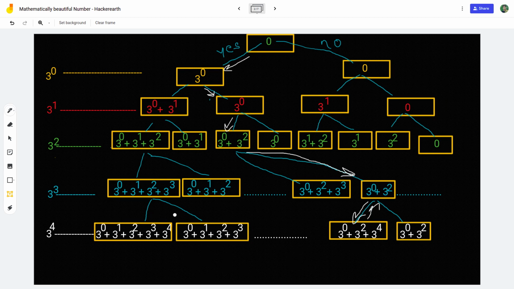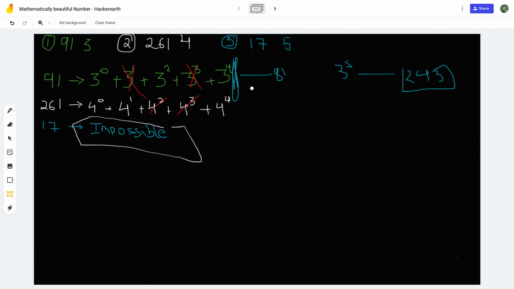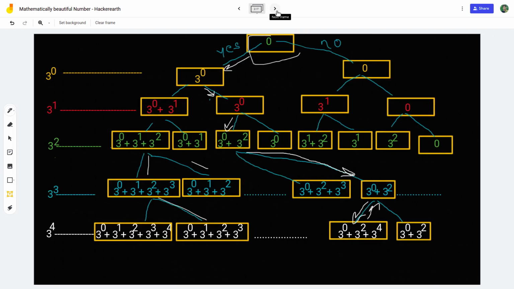If we don't get 91 in any of these boxes, it will respond, I didn't get it. If a box doesn't get anything, it simply says no. That means for this case it's impossible, and for this one we can do it.